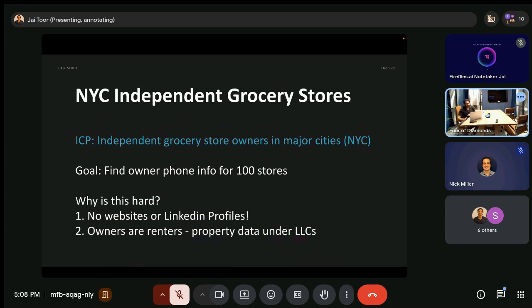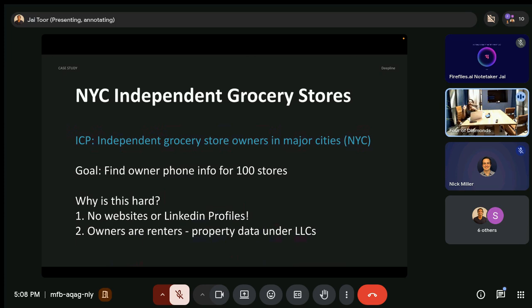Awesome. So the example we're going to start with is New York independent grocery stores. This process would work for basically any major city in the US, and would potentially work for Europe as well. You just need to change the pattern a little to fit your local market. The problem we are solving for this customer is independent grocery stores. It's software built for those use cases. These aren't big chains with hundreds of locations and a big inventory system. They're small mom and pop shops.